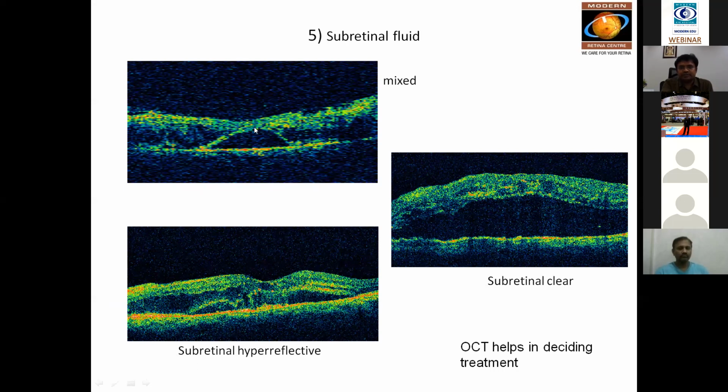So this could be totally a subretinal fluid, when the fluid is accumulating below the neurosensory retina, or it could be mixed, when there is a subretinal fluid along with spongy thickening of the retina, or the clear fluid below can sometimes have hyperreflective echoes. These are nothing but exudates which are developing there. And again, all these can happen in case of an accelerated disease process of diabetes or hypertension.